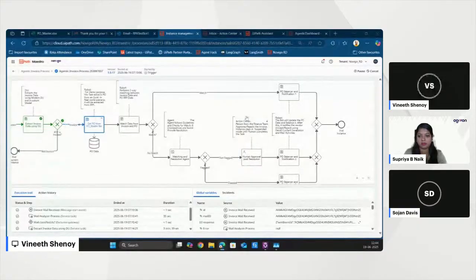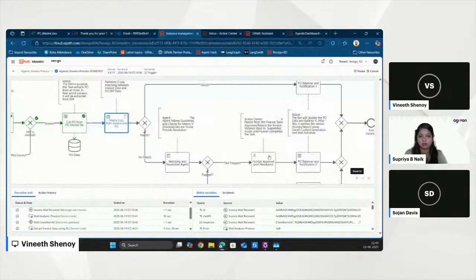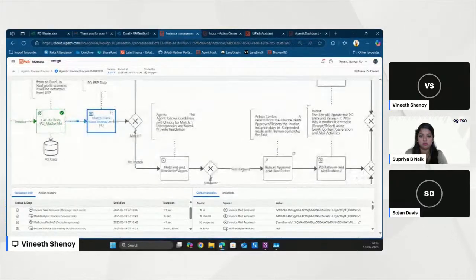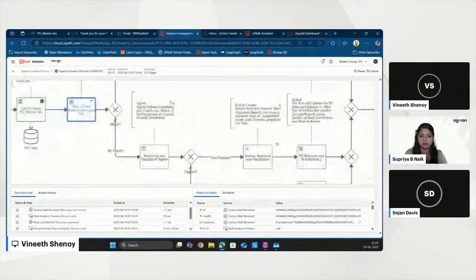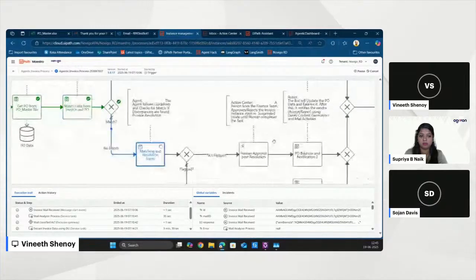Should I zoom in more? Yeah, maybe a little bit more, so the audience can see what is written there. Yeah, sure. And also please check your network connection. Yeah, sure.